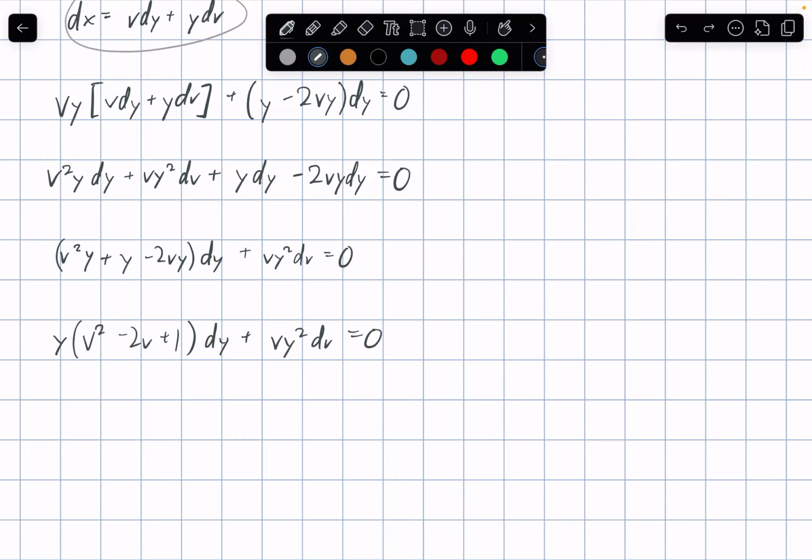So yeah, it just takes a lot of practice where I'm seeing it. I guess, okay, we want to get rid of the v in the y dy in this part. So that's definitely part of what we're dividing. Here, we want to get rid of y squared because we have v and dv. So imagine